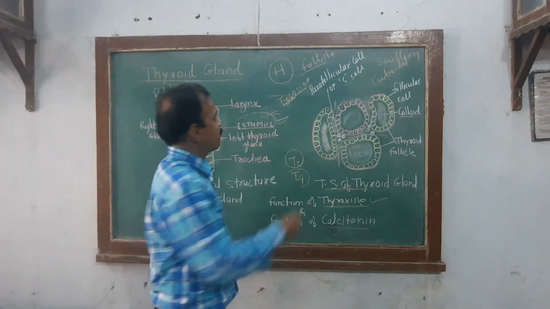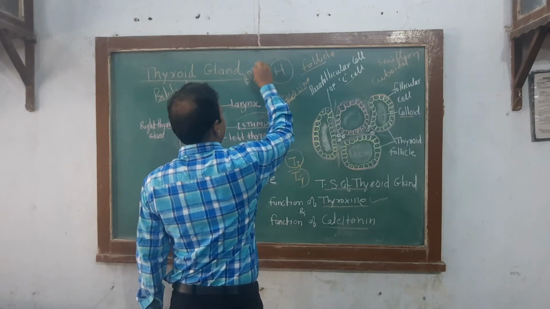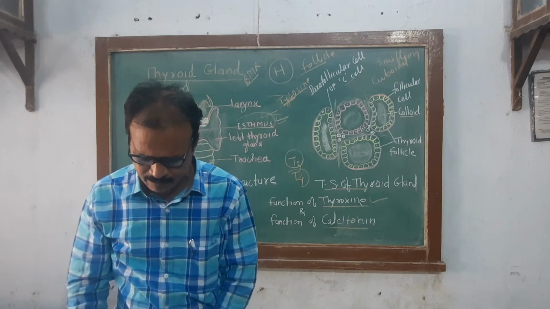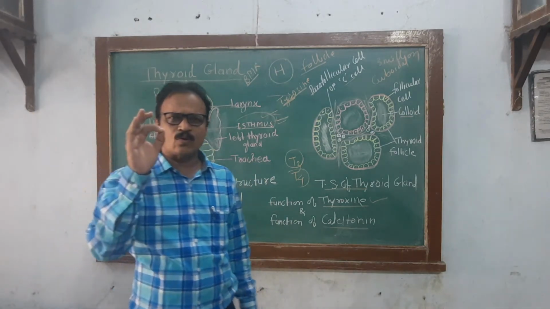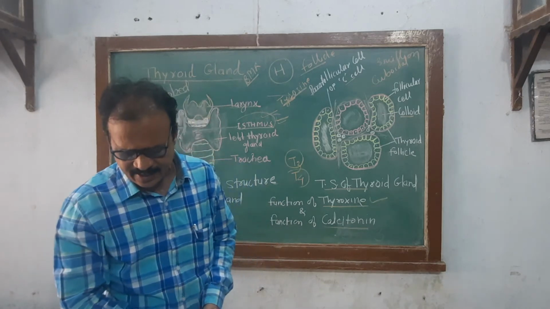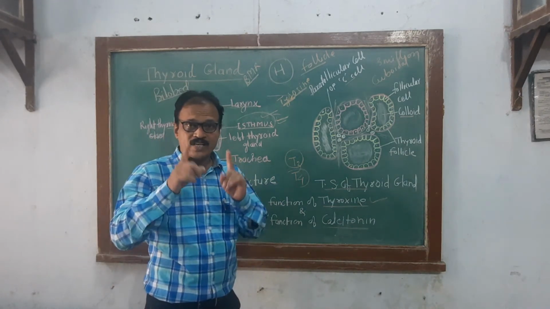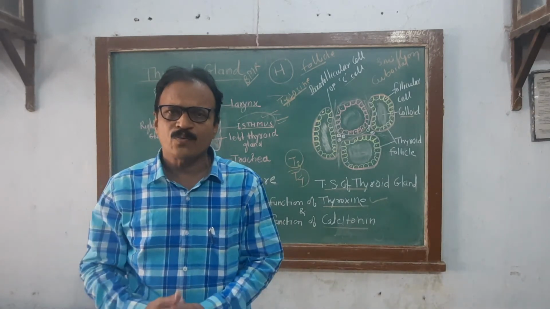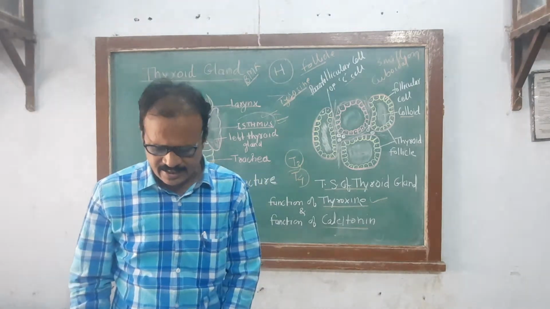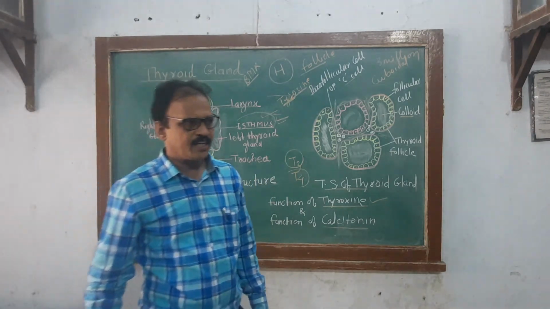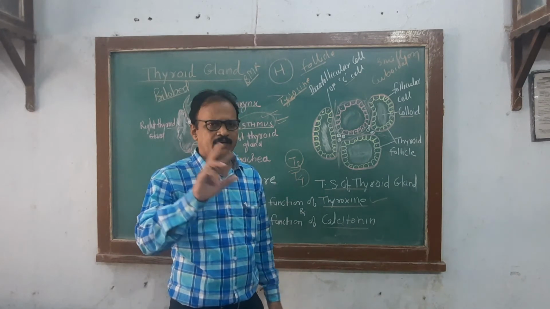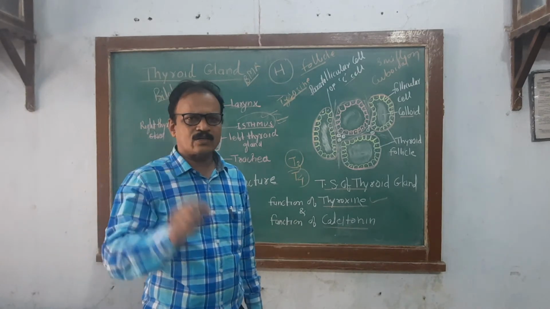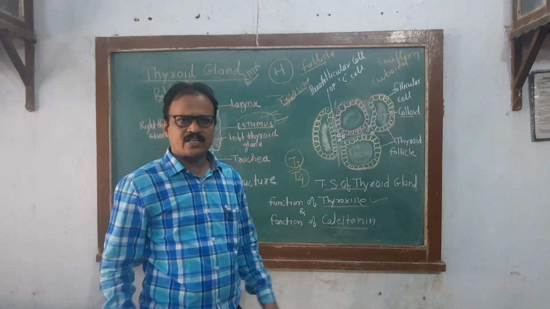Thyroxine controls the BMR, basal metabolic rate. A very important function performed by thyroxine: BMR, by increasing glucose oxidation as well as energy production. So BMR is influenced by which hormone? Thyroxine. How? By increasing glucose oxidation. It controls protein synthesis, protein metabolism, physical growth and mental growth. It also helps regulate body temperature.